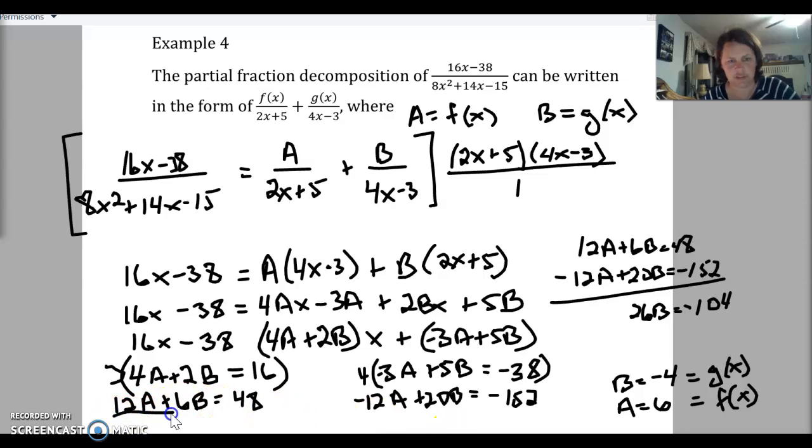Okay, so I just took those two equations, used them as a system of equations there, solved for b, and then solved for a, and then put that in for f of x and g of x. So I get f of x would be equal to 6, and g of x would be equal to negative b. So if you need to pause it and go through the work that I did there, that's